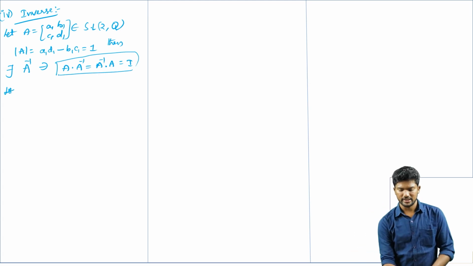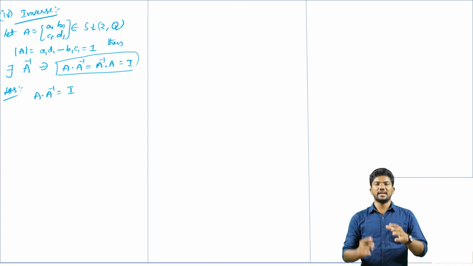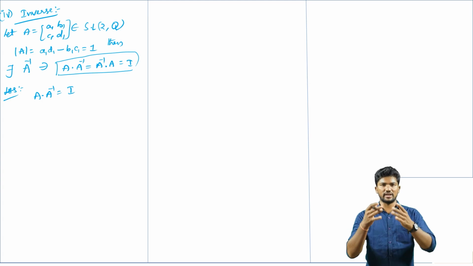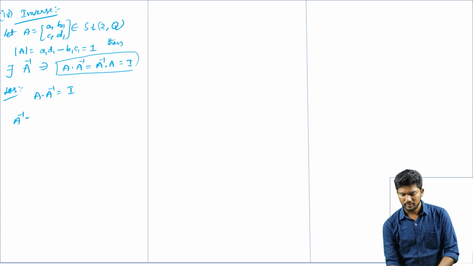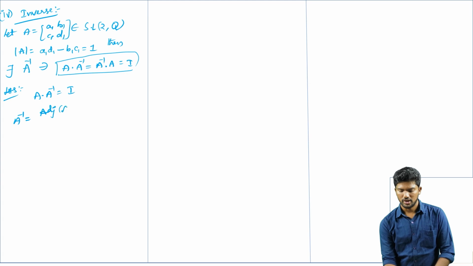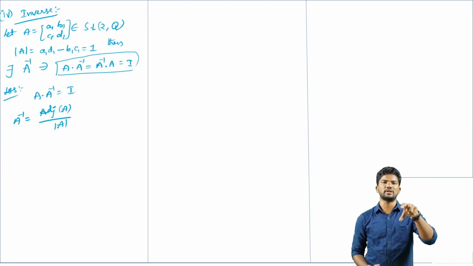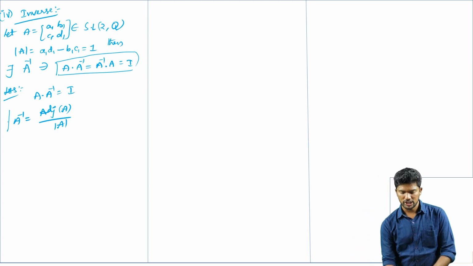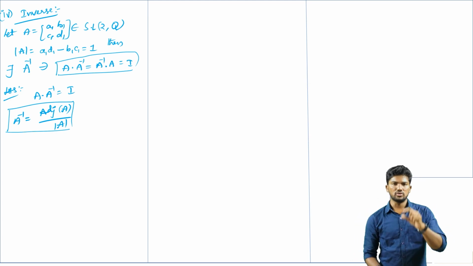Now I am taking the LHS. Here A into A inverse is equal to capital I. Here we are going to find the inverse of capital A. First of all, I am writing the formula for this inverse. Capital A inverse is equal to adjoint A by det A. This is the general formula for any 2 by 2 matrix to find the inverse of the matrix. Now to get A inverse, we have to do two jobs.